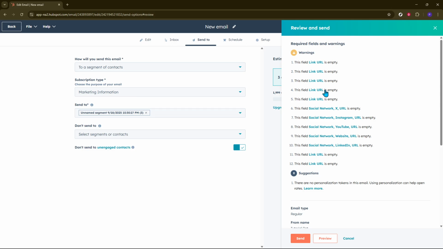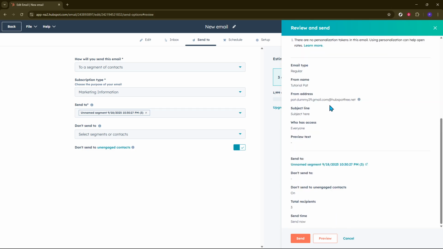Moving on to recipients, click on the Recipients tab. Here you can select your contact lists or segments. HubSpot allows you to choose between static or active lists, giving you flexibility depending on your target audience. Once all your content is in place, hit the Review and Send button. This is your chance to